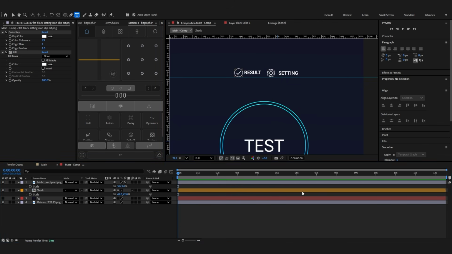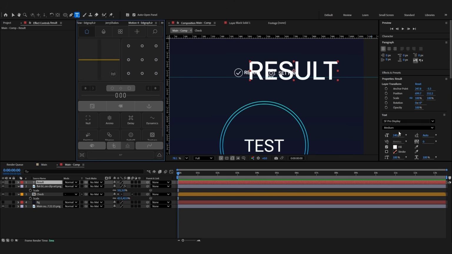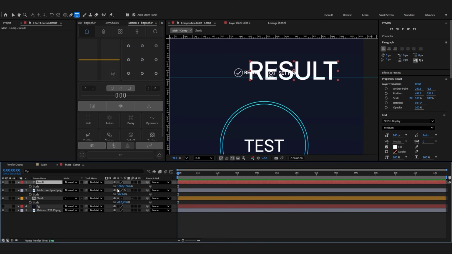Then we need the text, make the color white, and I think it should be the regular size, maybe the medium one. Also the font would be SF Pro. I can make the anchor point center with the Motion 4,